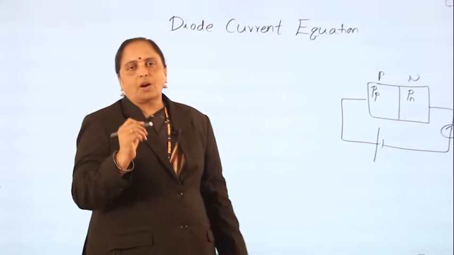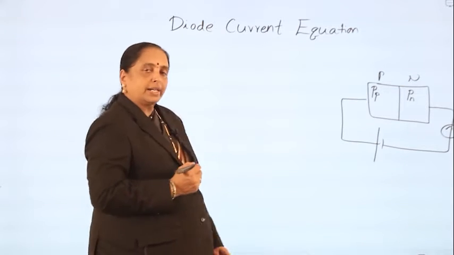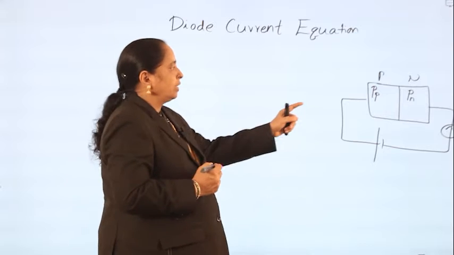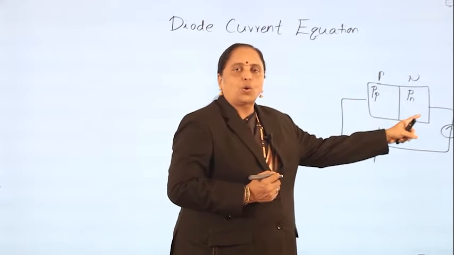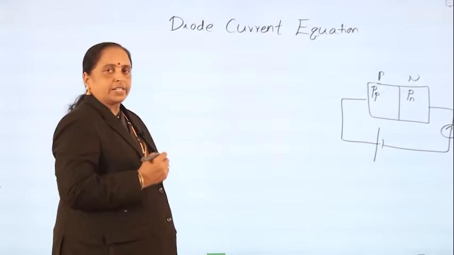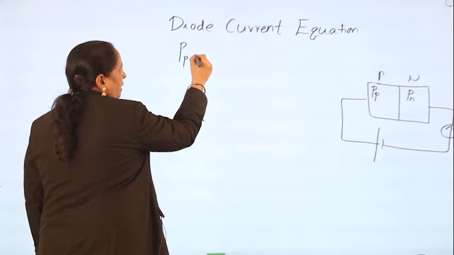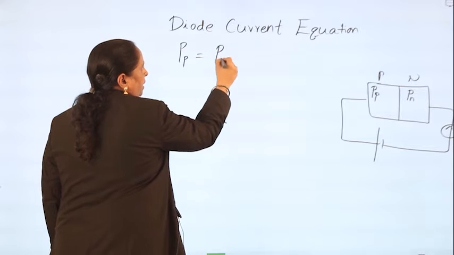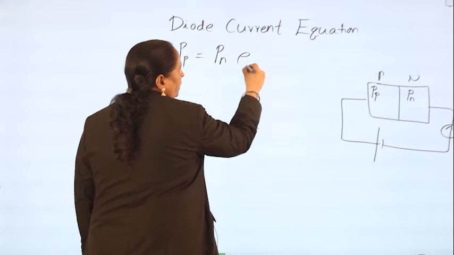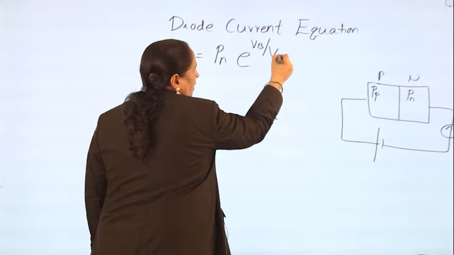We can also call this kinetic gas theory. According to kinetic gas theory, the hole densities are connected by the Boltzmann equation, given by Pp equals Pn into e to the power of Vb by